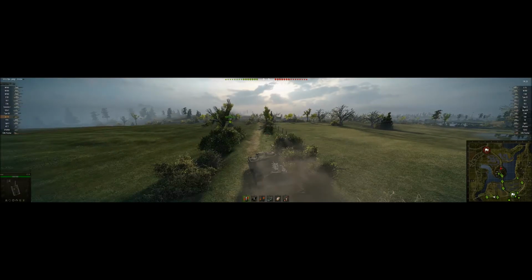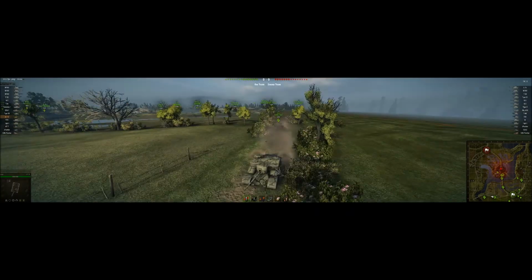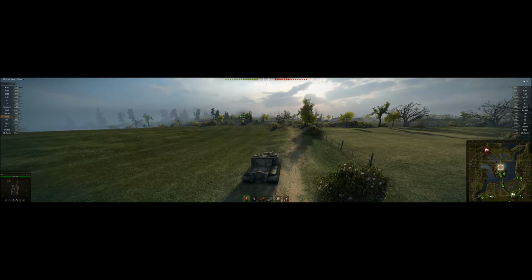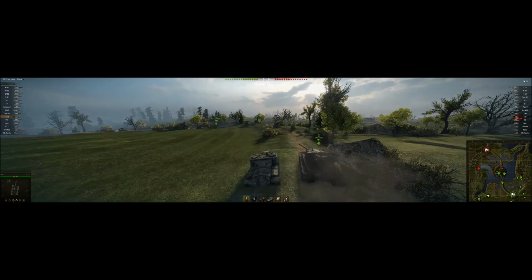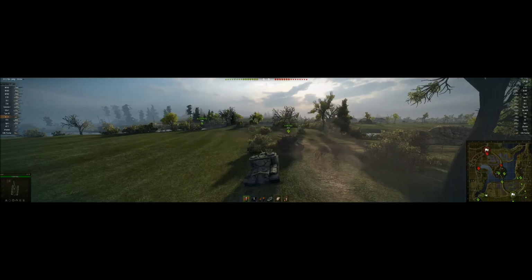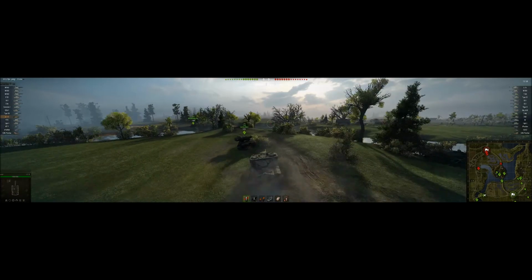Now you can see me going into this corner here. Now I don't have a lot of speed. I've got a T34 ahead of me and a T29 behind, so I've got a little bit of support. The T34 will obviously reach this corner before me, and I'm basically going to try and make it to the little rock that's just on the other side of this bridge,